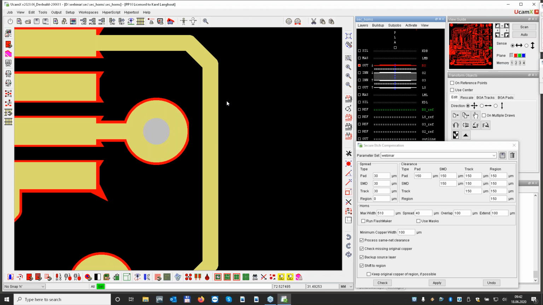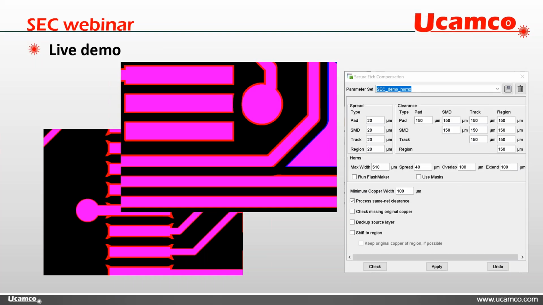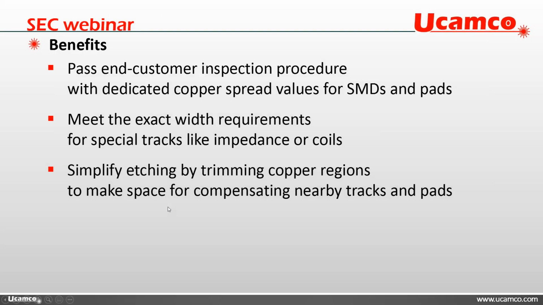Okay. Maybe also here, it's really nice to see this, over here you see where the horns actually, how they get also the clearance everywhere. The clearance is there, so it's really looking very nice, if you ask me. Okay, so let's get back to the end of the presentation, and I promise it will not be too long.